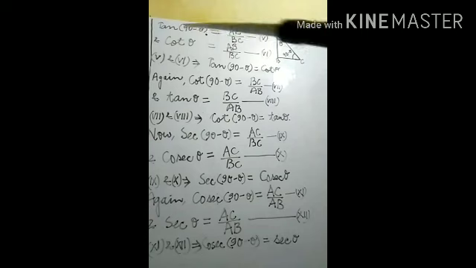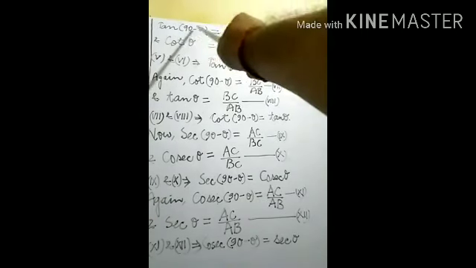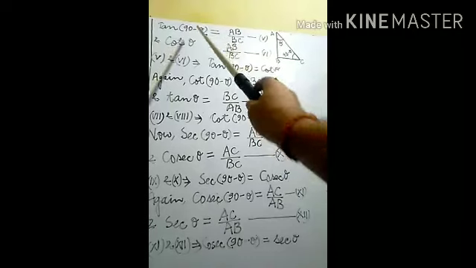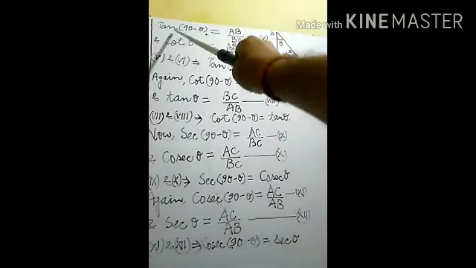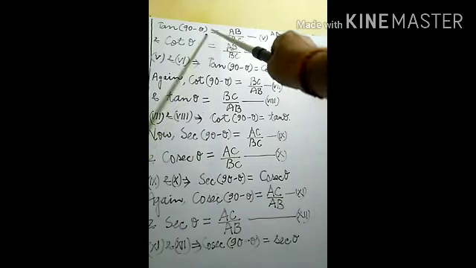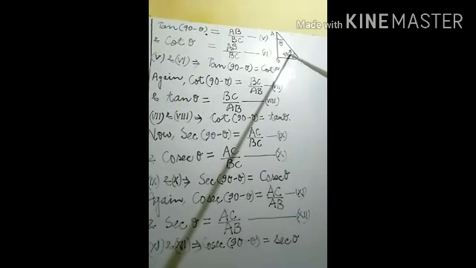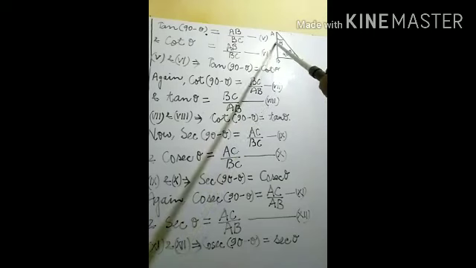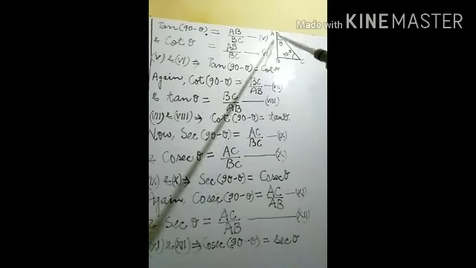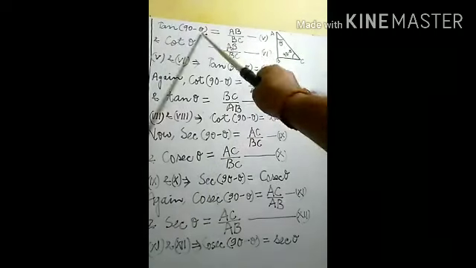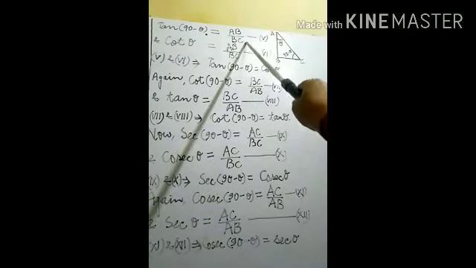Now let us see what relation between tan 90 minus theta and cot theta is there. We have to set up the relationship. So tan 90 minus theta equals, now see, for this angle 90 minus theta, this one is perpendicular and this one is base and this one is hypo. So tan is the relation of perpendicular to base. What is perpendicular here for this angle? This one is AB, and which one is base? BC is base. So tan 90 minus theta is equal to AB upon BC.